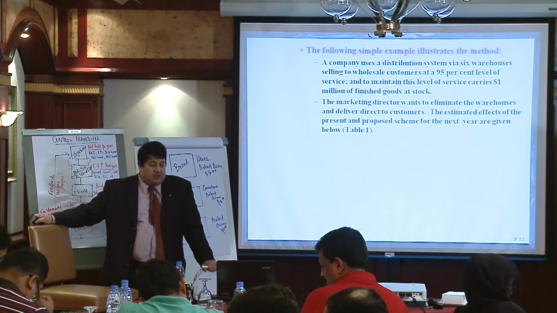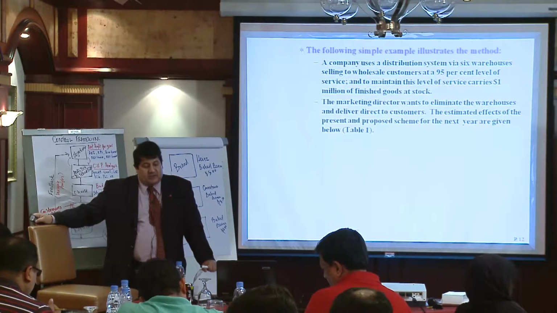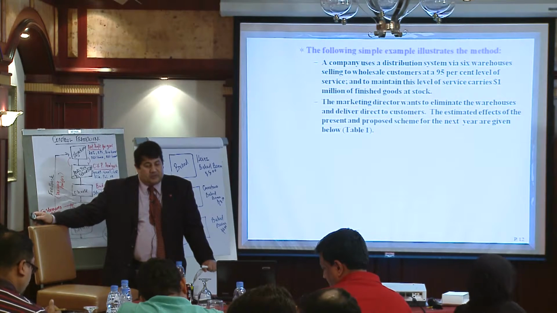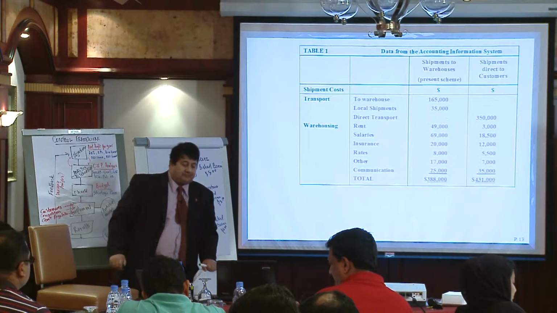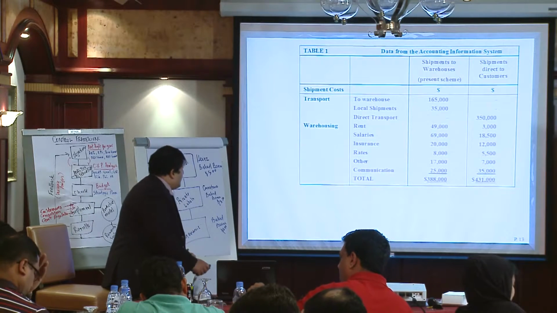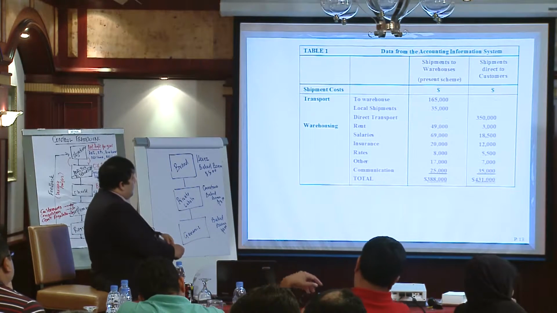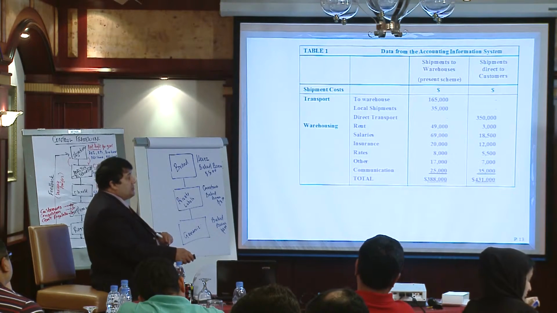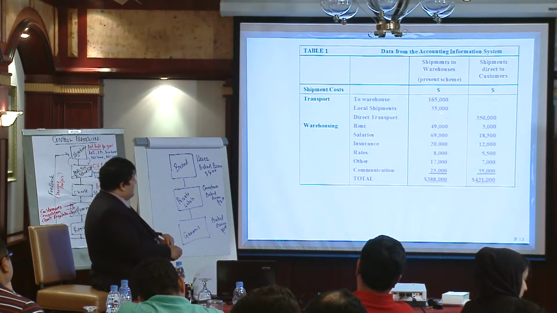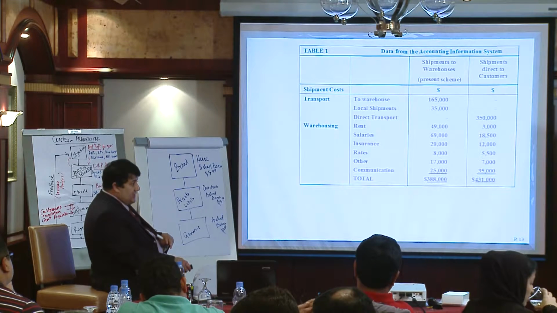The marketing director wants to eliminate the warehouses and deliver direct to customers. The estimated effect of the present and proposed scheme for the next year are given below. So here is the computation. Okay, so the current scheme from the company to the warehouse, 165,000, and then from the warehouse, the local shipment to the retailer, 35,000. Direct transport, that is going from the company direct to the retailer, having no warehouses, 350,000,